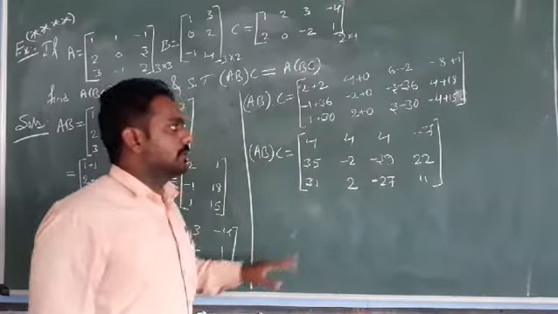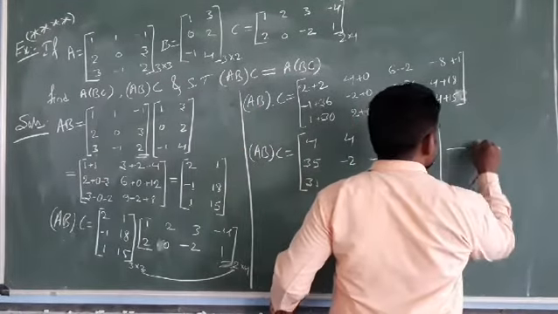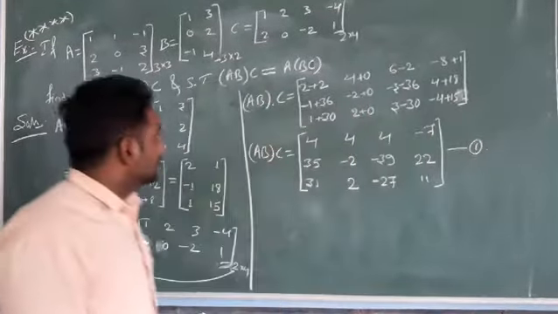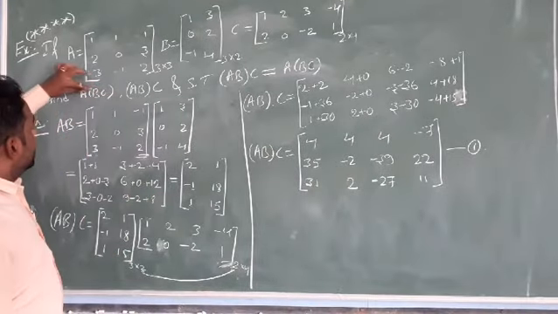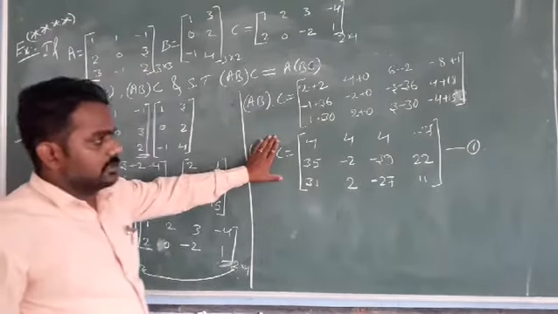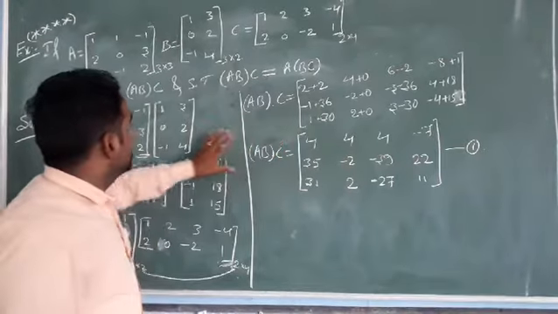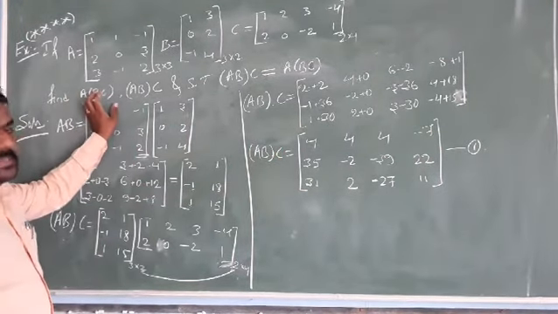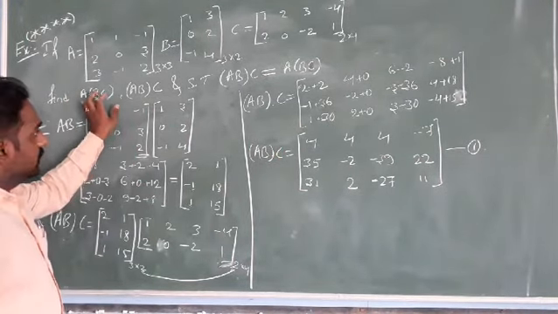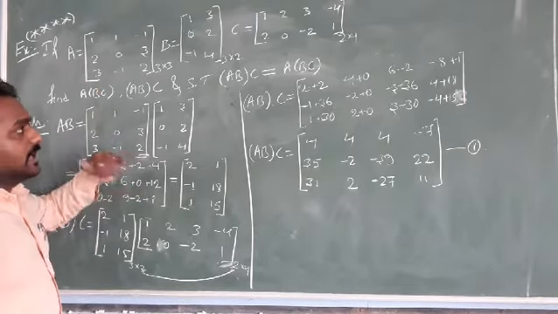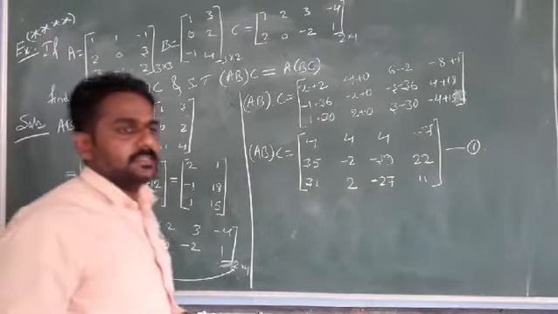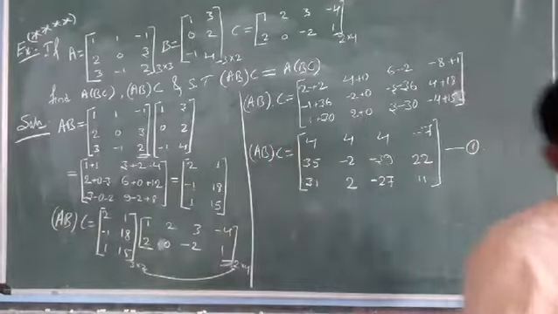This is the 3 by 4. So consider it as the equation number 1. So already what they asked, AB into C is obtained now. What is the next thing? You have to find the A into BC. So first you have to find the BC, product BC. Next you have to multiply that BC with A.